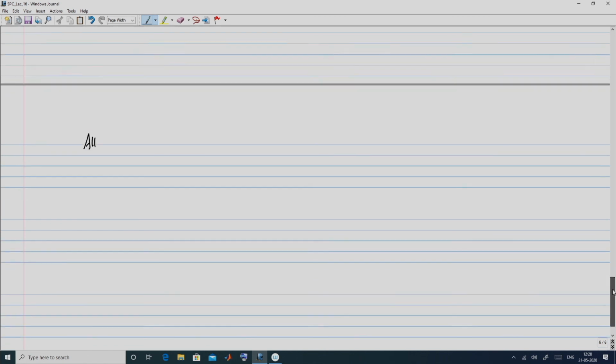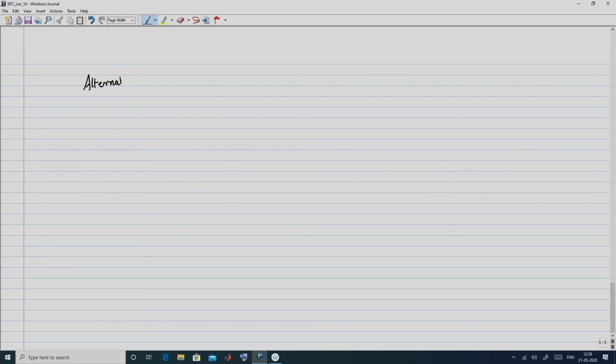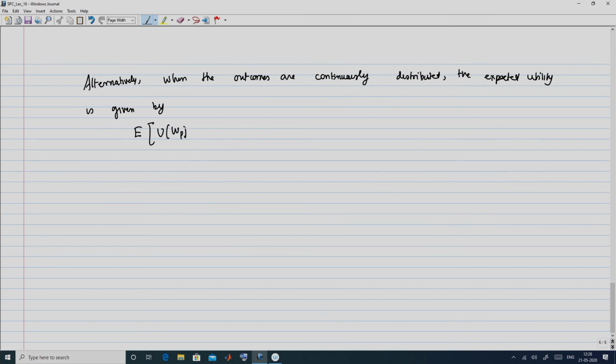Now, alternatively, so we will take a cue from here, the way the expected utility is defined here, and alternatively, when the outcomes are continuously distributed, the expected utility is given by expected U of W p. This will be given by the integral of U of W subscript t into probability P of W subscript t with respect to the random variable W t, going from minus infinity to infinity, where I have introduced this new notation P of W t, the probability density function